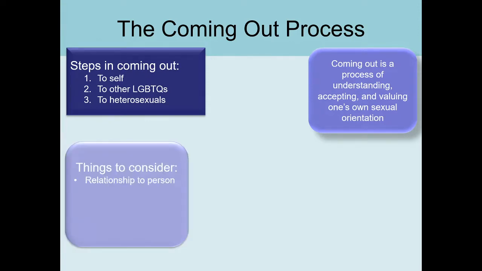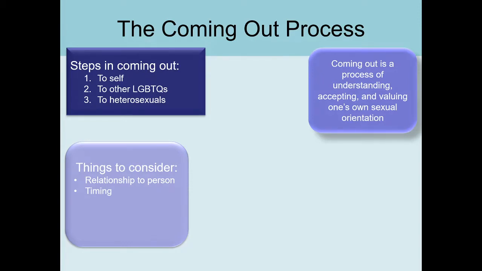So things that the person has to consider is, what relationship do I have to the person in question? It's not important necessarily for every single person I ever encounter in the entire world to know my sexual orientation. So I don't need to, to be an authentic person, share my information with everybody. I need to consider the timing of the information. It might be really super important for a tight relationship, maybe parents or a sibling or something like that.